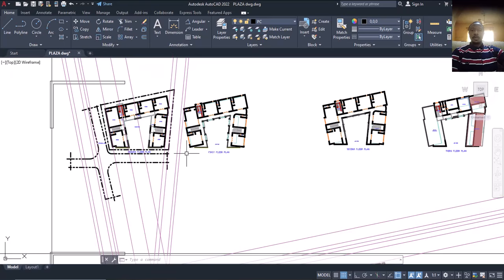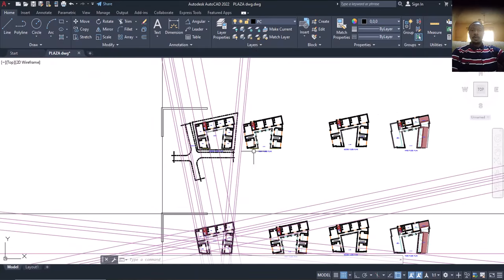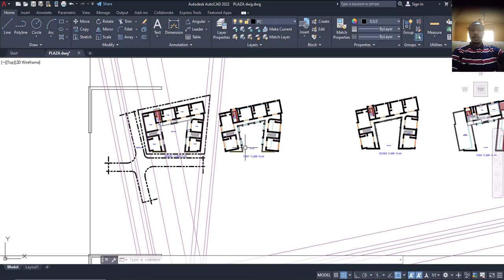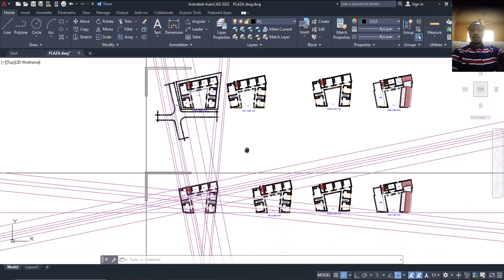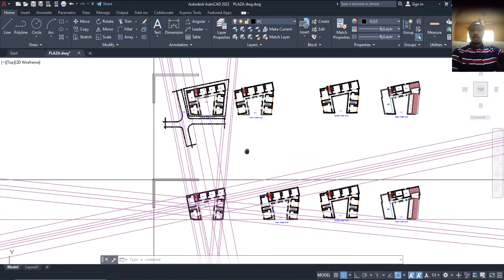And above all, this is a plaza. So my minimum column that I'll be using is 450. It's 450 size of column that I'll be using for this kind. This plaza is a live project. It's a live project. So since it's 450 by 450 I'm going to be using,